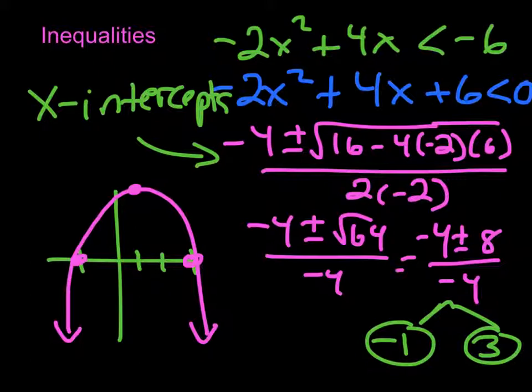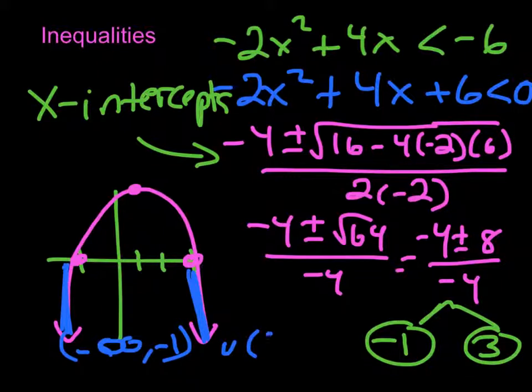So now let's look at our graph and answer our question. The part of the graph that is less than 0 is, I'm going to draw over this, these legs of the graph, which are below the x-axis. They are less than 0. We use interval notation to describe that: negative infinity to negative 1, the x-intercept, and I'm going to union that with 3 to positive infinity, because those are the legs that are less than 0. If I had asked if it was greater than 0,